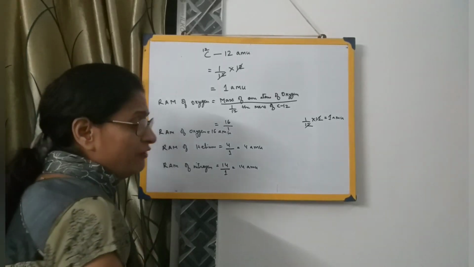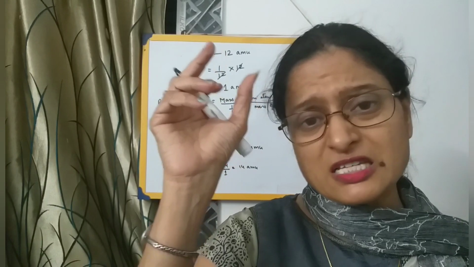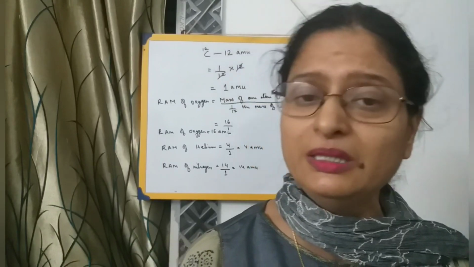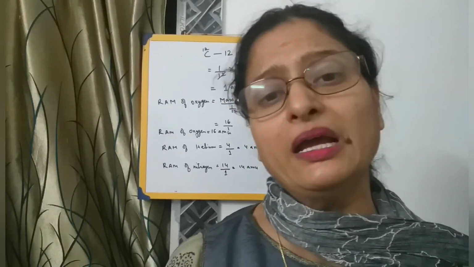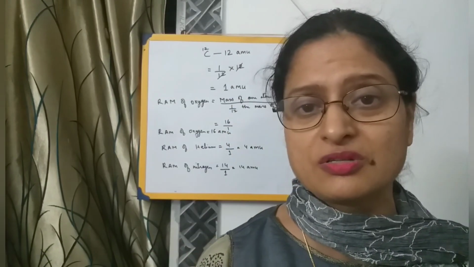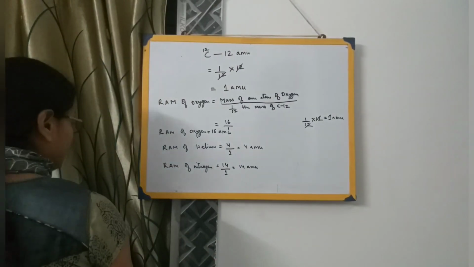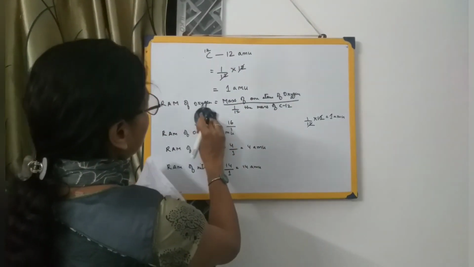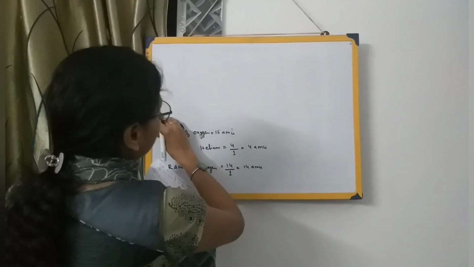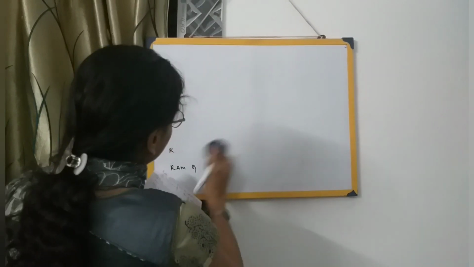Then you will find, when you go through the very first few pages of your chemistry book, that the relative atomic masses of all the elements are given over there. And you will find that most of the elements' relative atomic masses are not whole numbers, they are in fractions. Now how does it happen? When you are calculating these relative atomic masses, we know that many of the elements exist in various isotopic forms. So we calculate their relative atomic mass depending on the relative abundance.